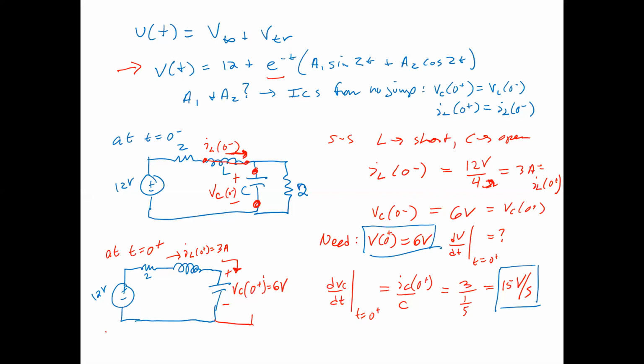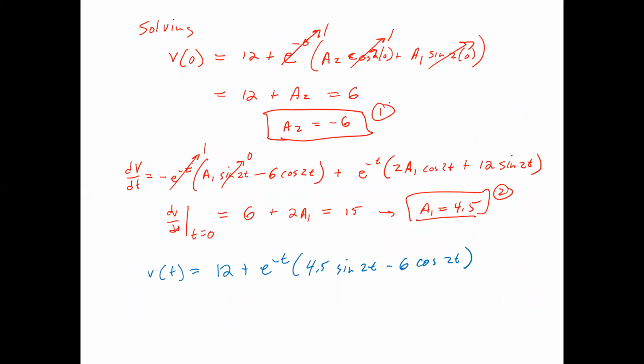We have to choose A1 and A2 based on those two things. First boundary condition, second boundary condition, that gives us these two values, A1 and A2. And that's our solution. Now we're also asked to find